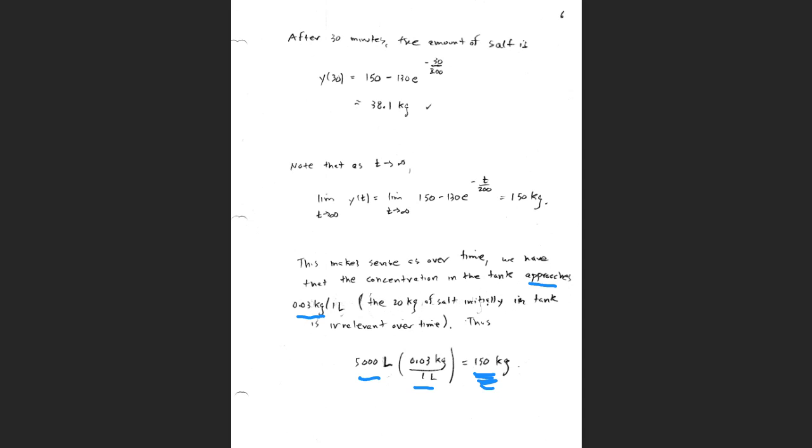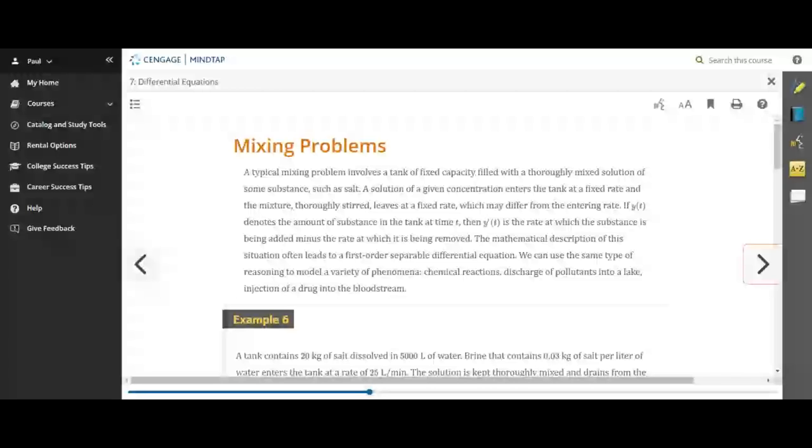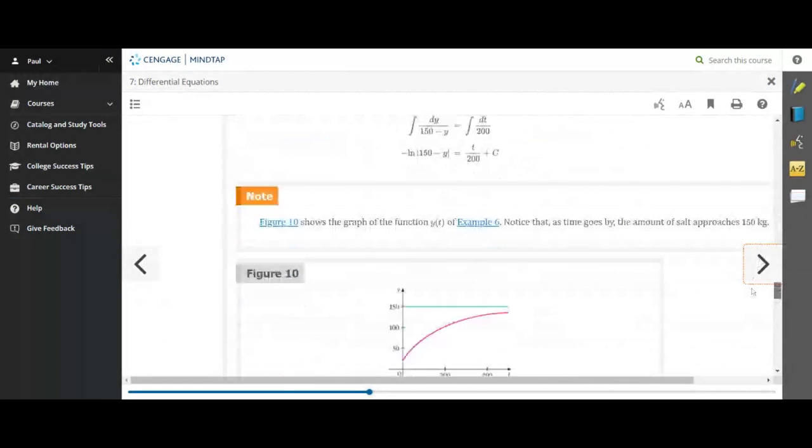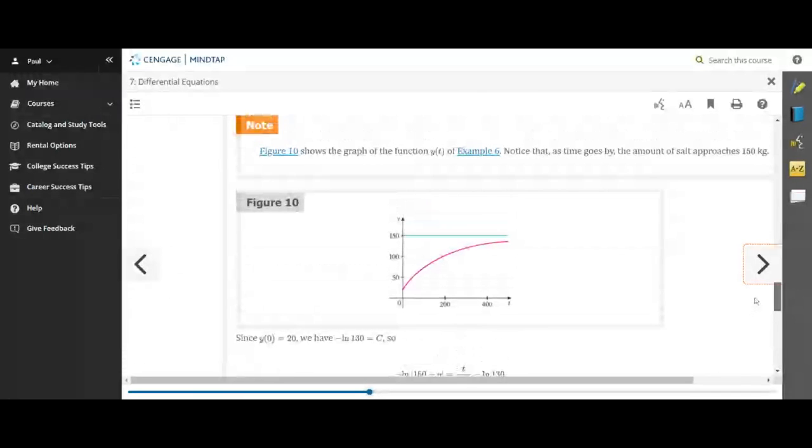All right, hang on. Let me go into the book here. So we did what's called a mixing problem, and they're very common. You'll see them in differential equations, math 282 as well. And we did example 6 here, and this is a picture